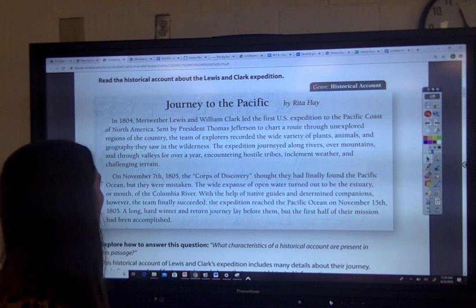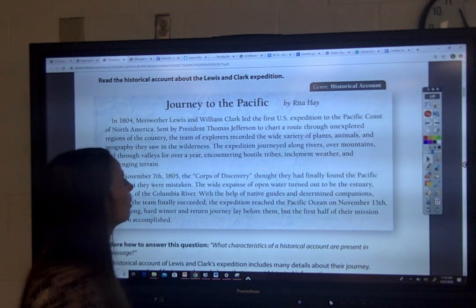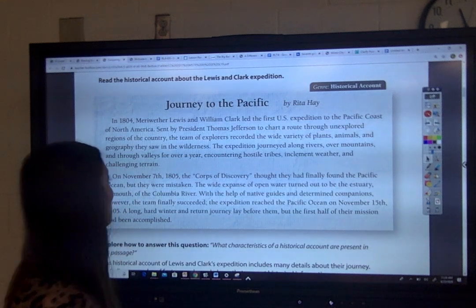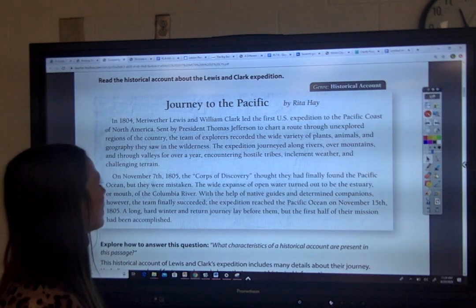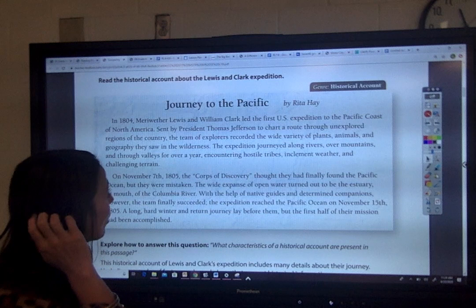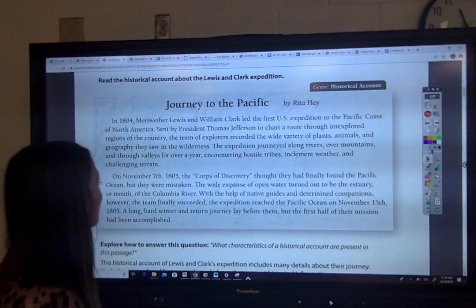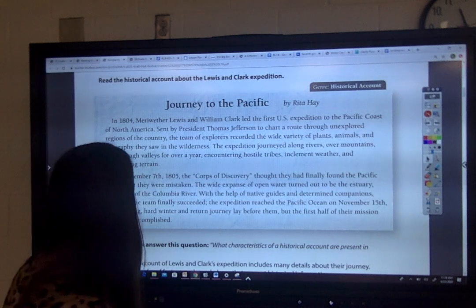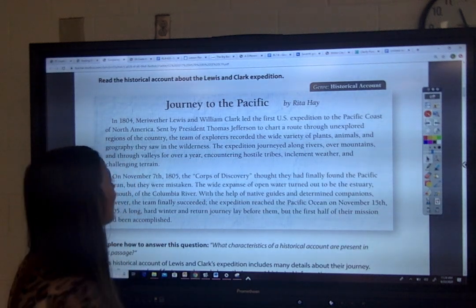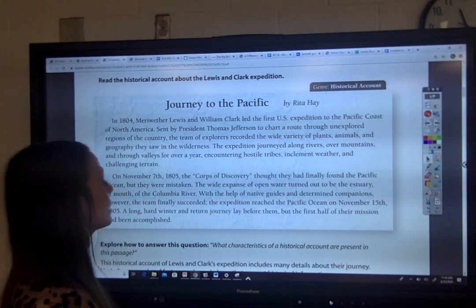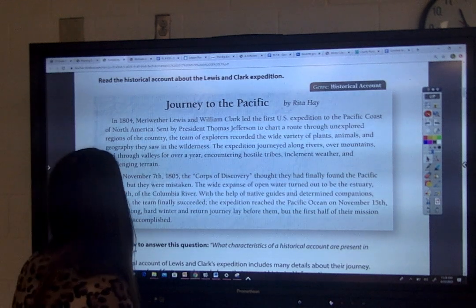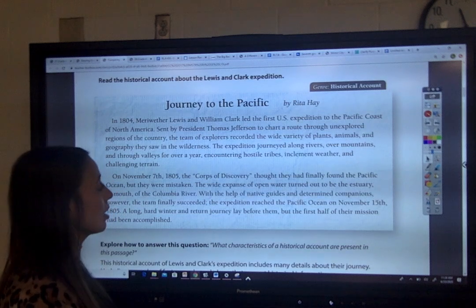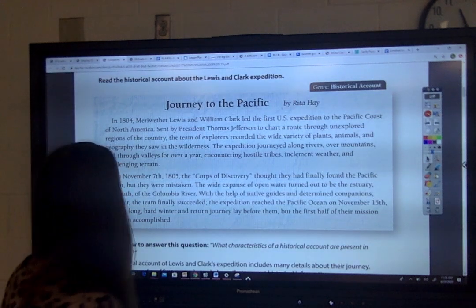In 1804, Meriwether Lewis and William Clark led the first U.S. expedition to the Pacific coast of North America. Sent by President Thomas Jefferson to chart a route through unexplored regions of the country, the team of explorers recorded the wide variety of plants, animals, and geography they saw in the wilderness. The expedition journeyed along rivers, over mountains, and through valleys for over a year, encountering hostile tribes, inclement weather, and